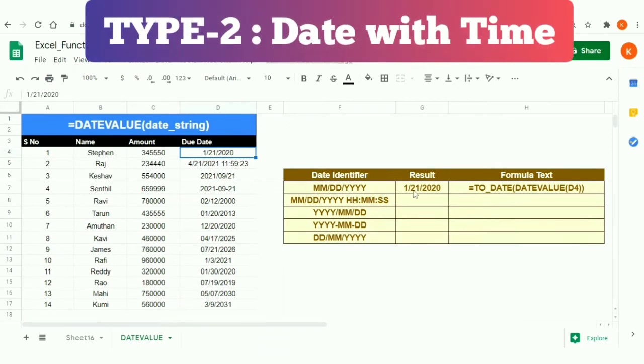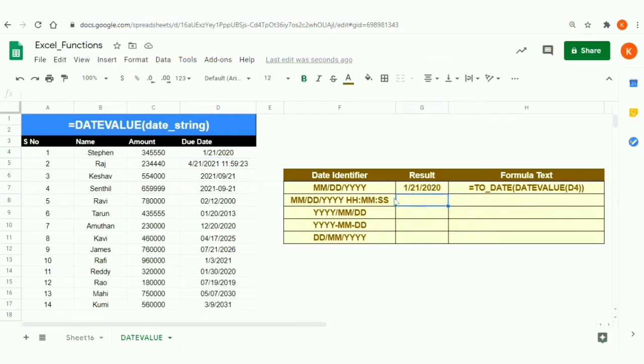Then for the second type, we are going to provide the date string as month, day, year, and additionally we are inputting that value as hour, minutes and second. So here you can see that Raj's value has the due date as 21st April, mentioning the hour, minutes and the second.